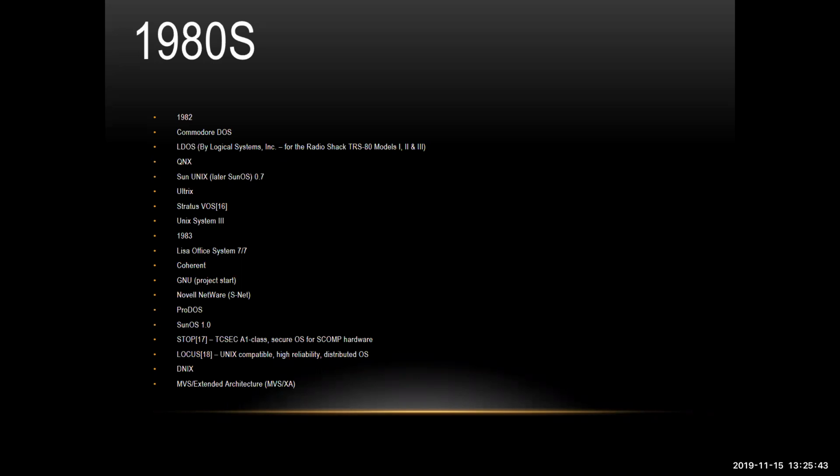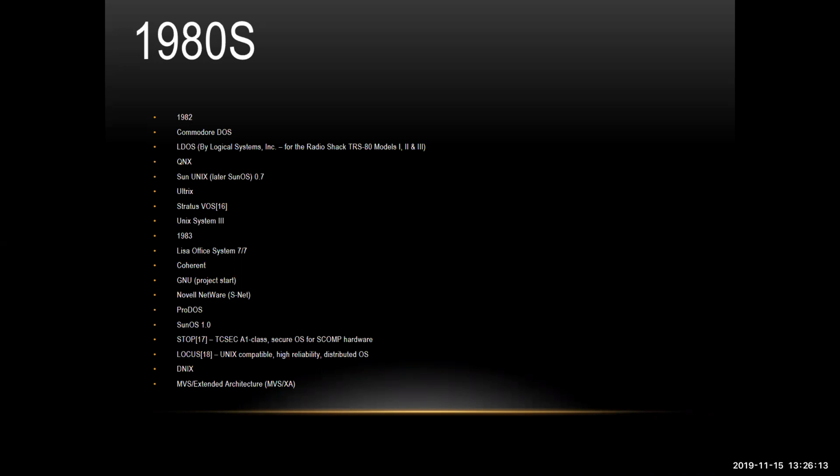And then we also had Unix System 3. And then during 1983, we had the Lisa Office System. It was intended for the Lisa. I mean, it is a desktop computer developed by Apple, released on January 19, 1983. It is one of the first personal computers to offer a GUI and a machine aimed at individual